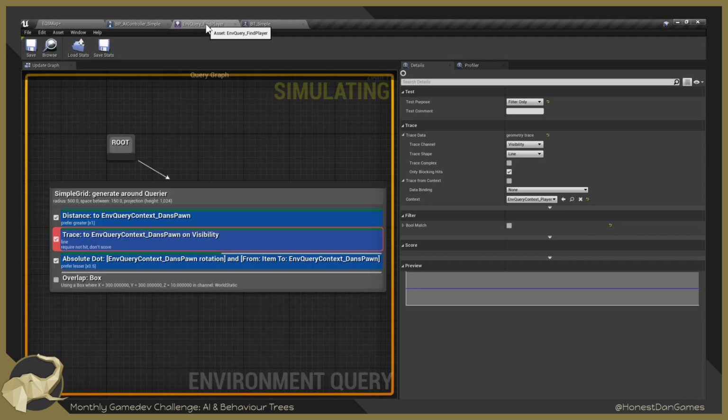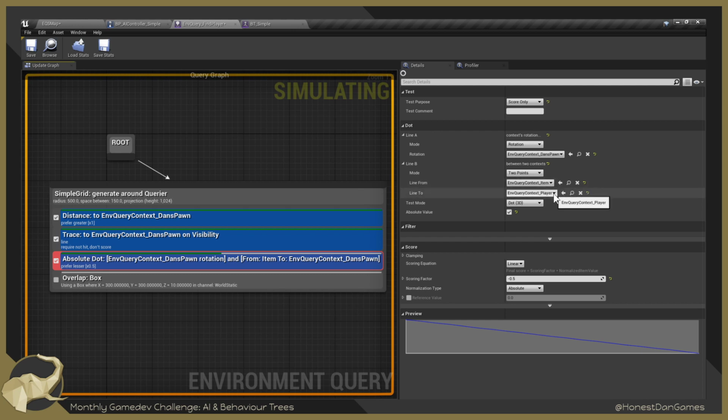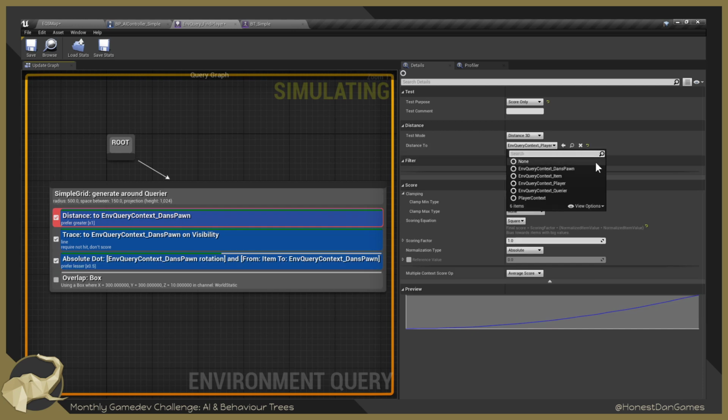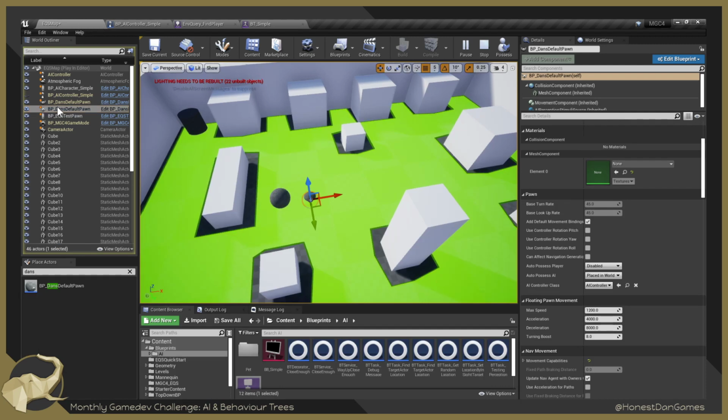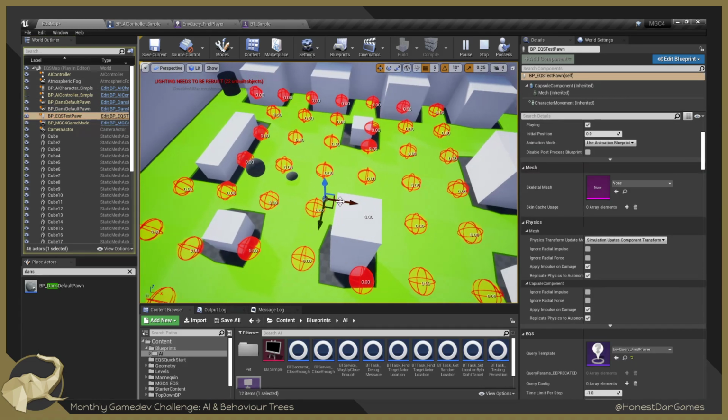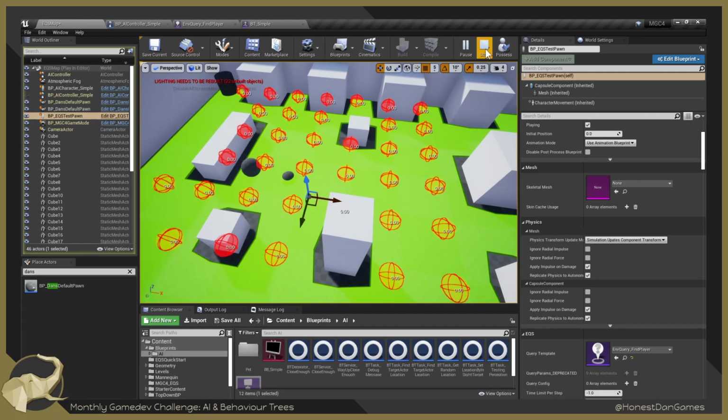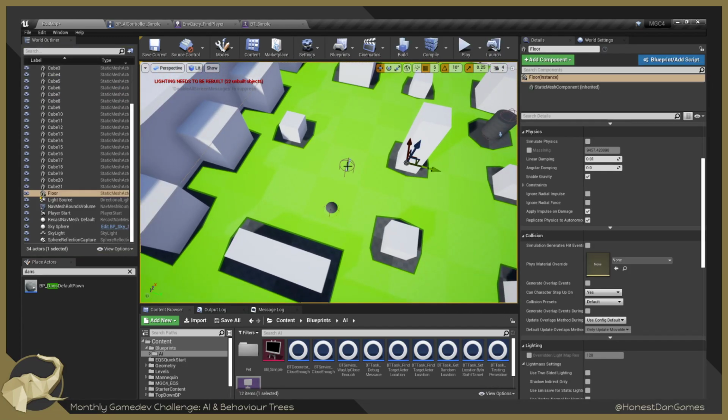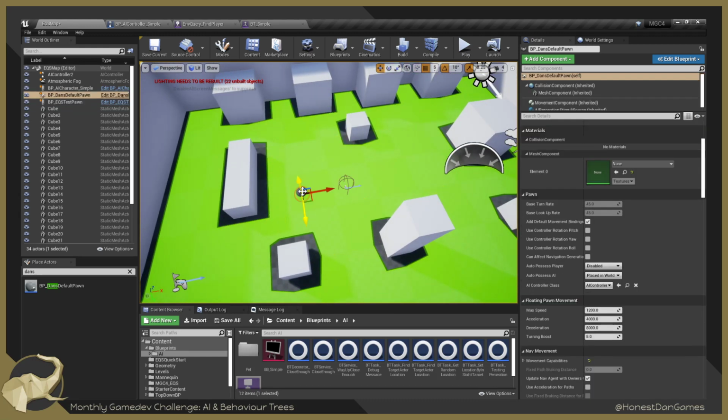Okay, let's try and change this back to look at the dance pawn instead each time. This is the... no, the rotation wouldn't have changed it. Oh, actually, yeah, it didn't exist, so I couldn't find it. That could have been one of the problems with it. Let's just double check this. Save that. Try and go back, see if it's working again now. No? Flipping no. Okay, yeah, it is working in relation to